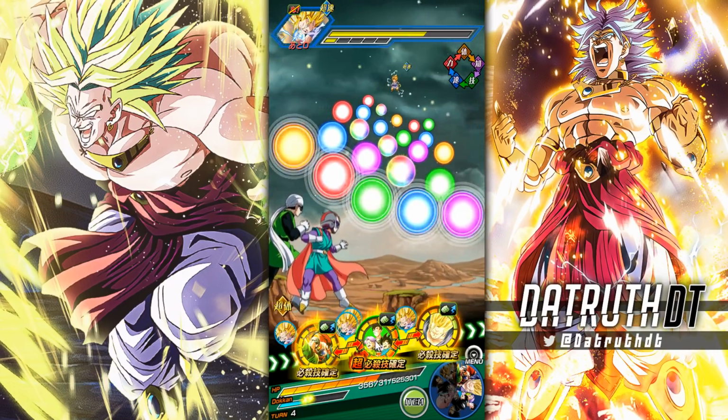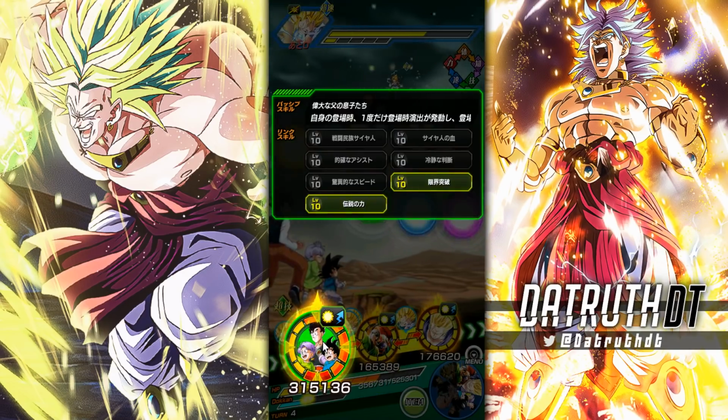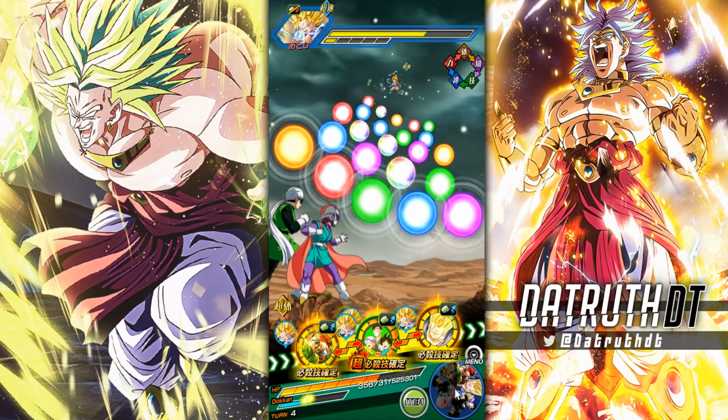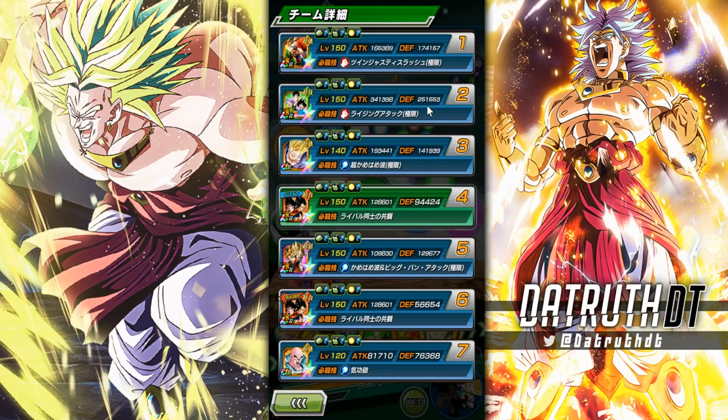Alright, he doesn't have a lot of health, so we should put them in slot 1. What are the 2 links we get right there? Shocking Speed and Insane Warrior Race. What are we at right here? 250k defense without...